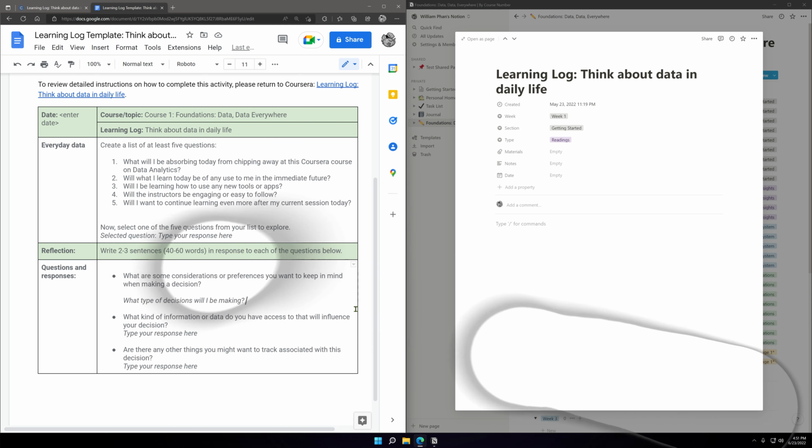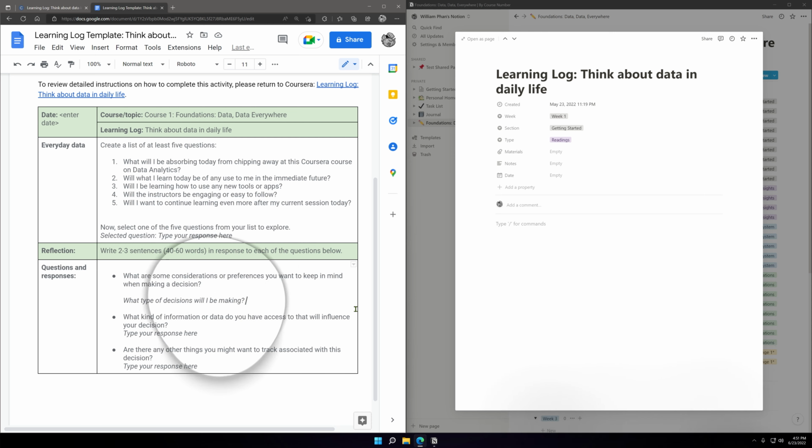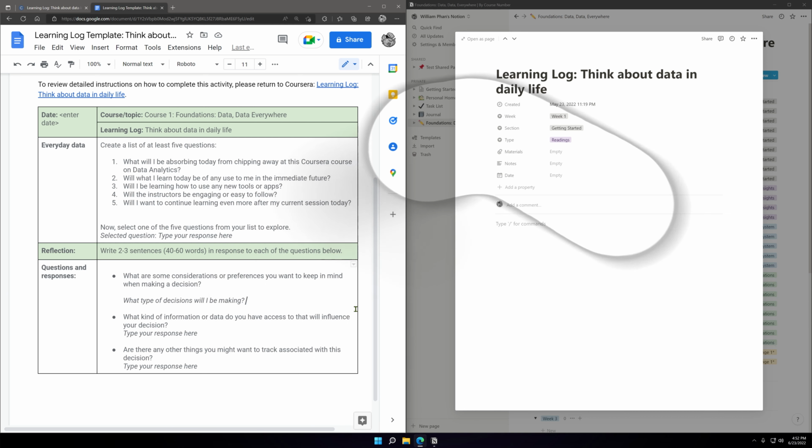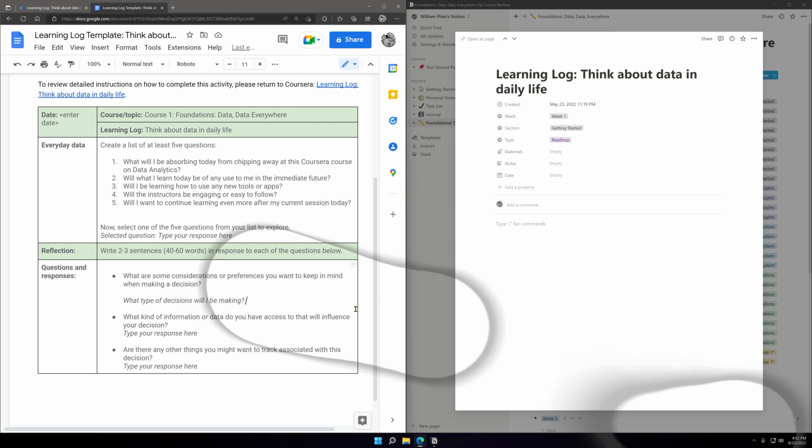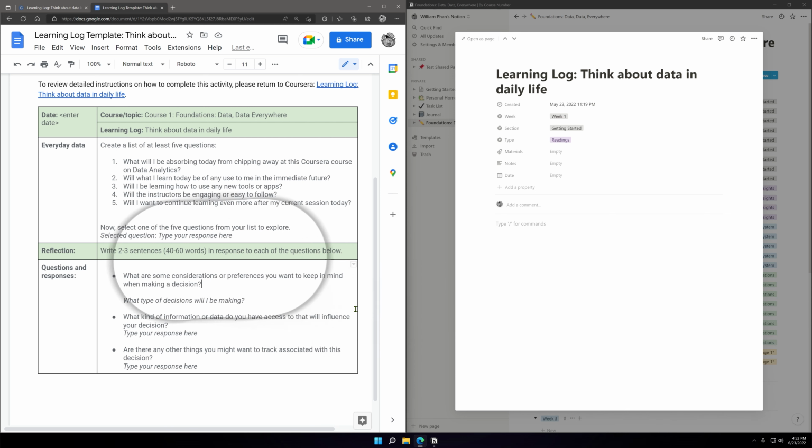But if it's a decision on, like, if I'm applying for jobs, I have to think about which jobs I should prioritize. Really, it depends on the type of decision.